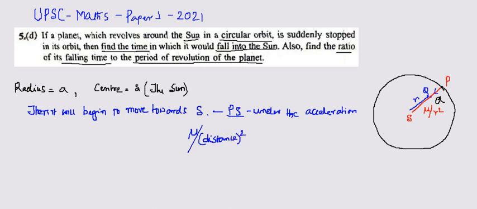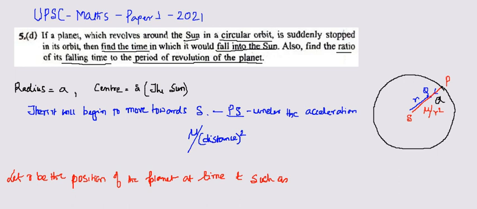So this is the acceleration. Let r be the position of the planet at time t, such that